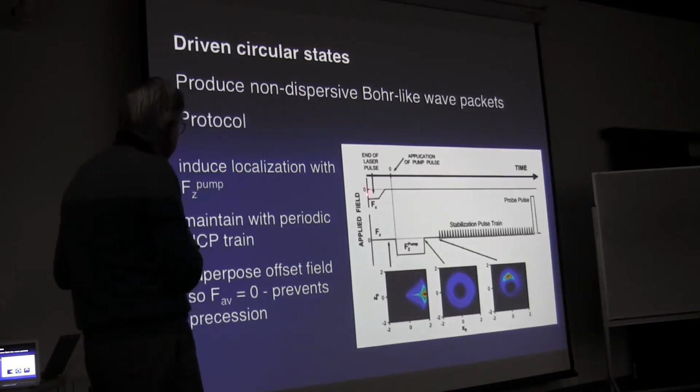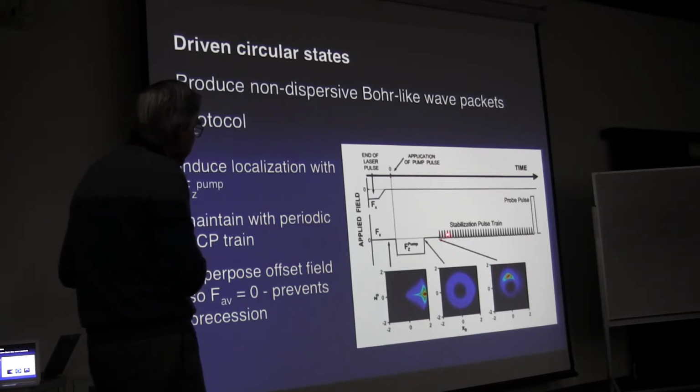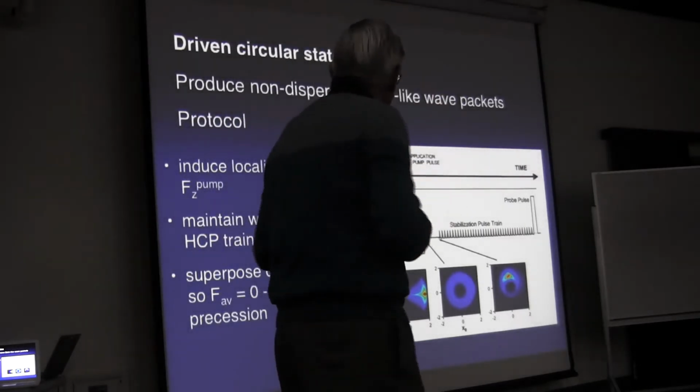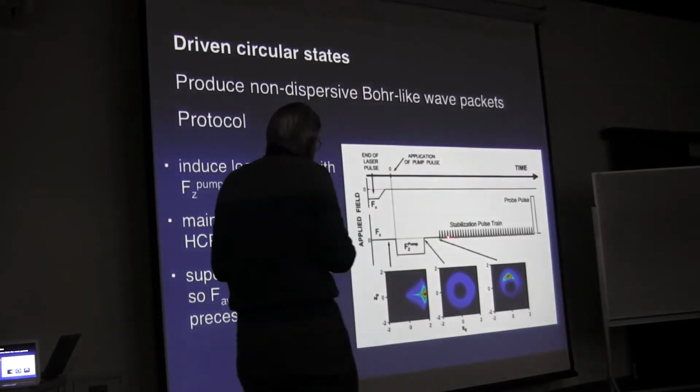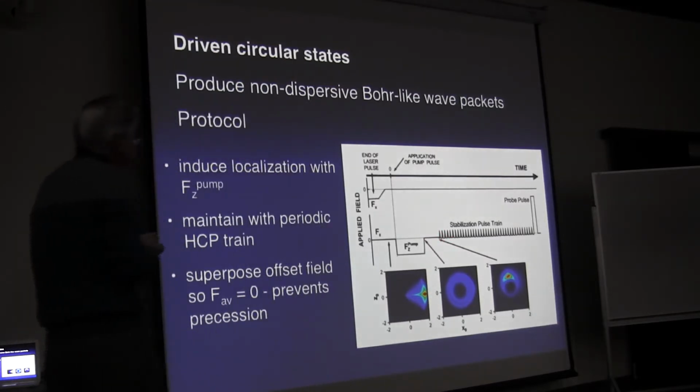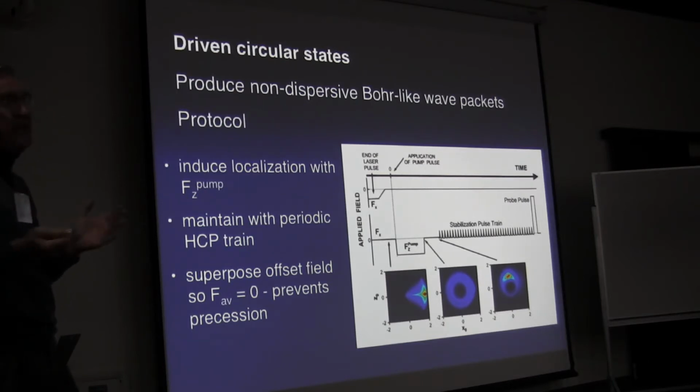You start out by exciting a quasi-one-dimensional state in a DC field, which you can then turn on. Then you apply a pump field to make it into a circular state, and then you wait until it localizes, and when it's localized on the plus Z axis, you start a series of kicks towards the nucleus, whose period is exactly the same as the orbital frequency. And at the same time, as you start giving these kicks, you apply a little offset so the average field that the atom experiences is 0, and you don't get any Stark precession.